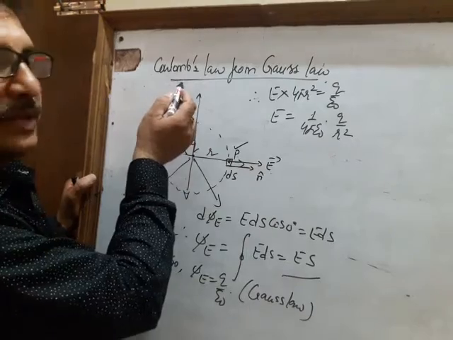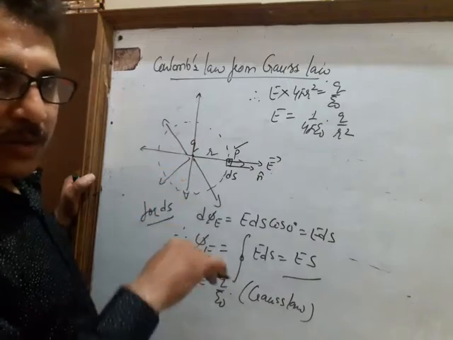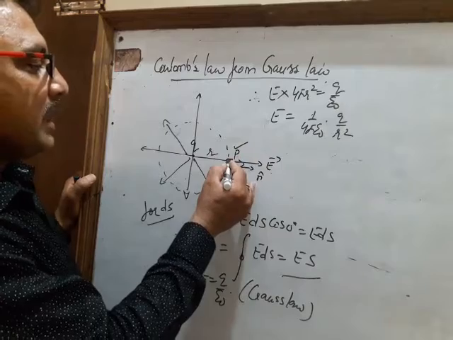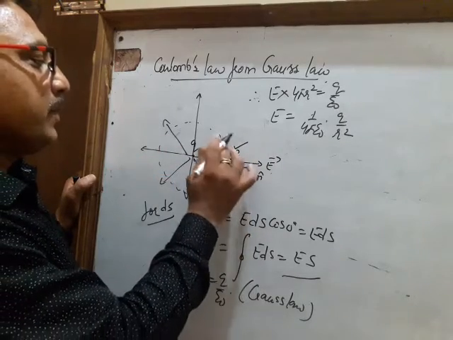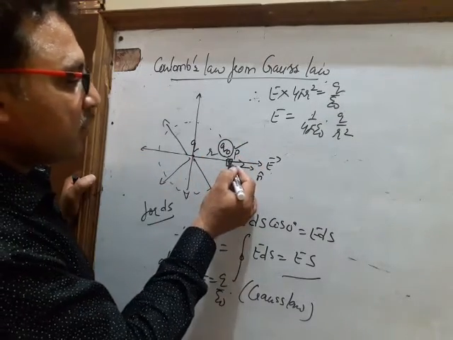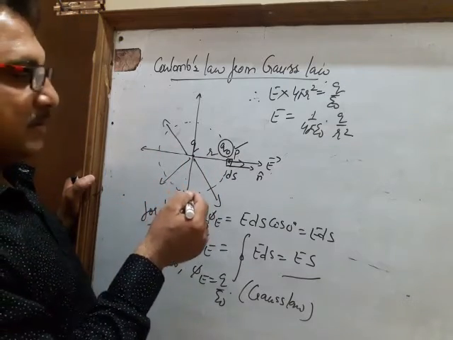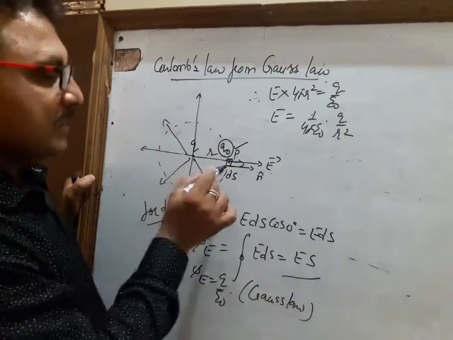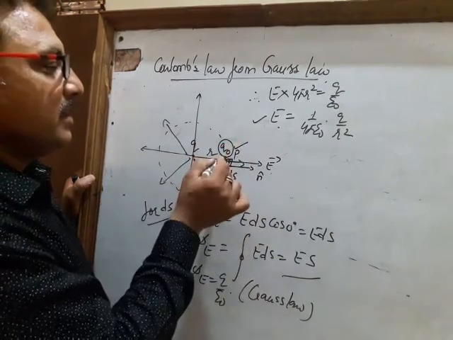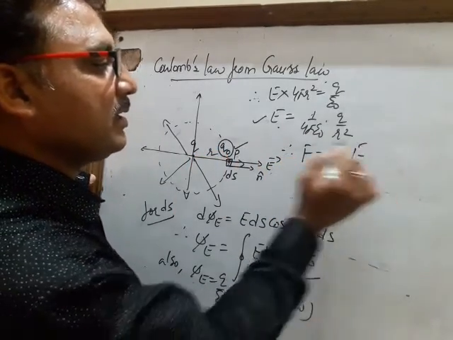Now, what is my question? We have to prove Coulomb's law from Gauss law. We have started from Gauss law, and now we are ending in Coulomb's law ultimately. Now at point P, suppose I place one charge Q naught. So what is the force acting on this test charge Q naught at this point P? At this point P, you can see what the field is. This is the field. So in presence of this field, the force which is acting on Q naught, therefore F equals Q naught E.